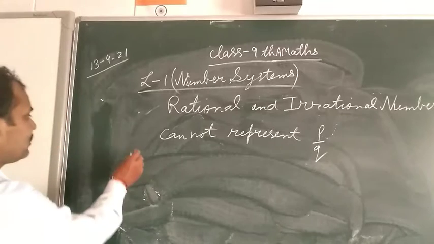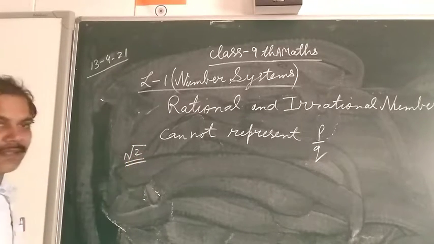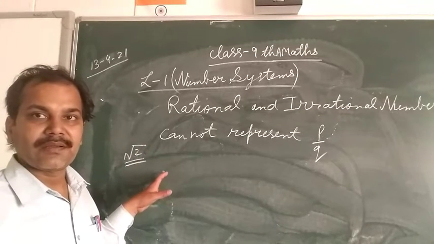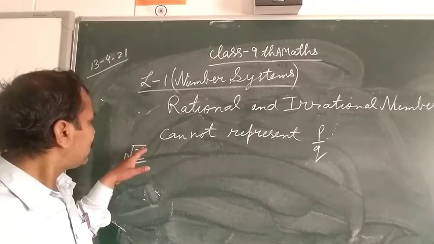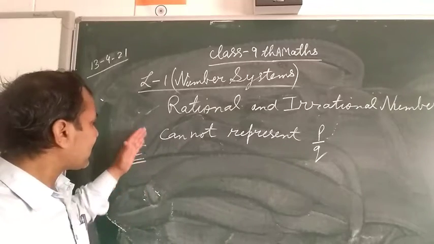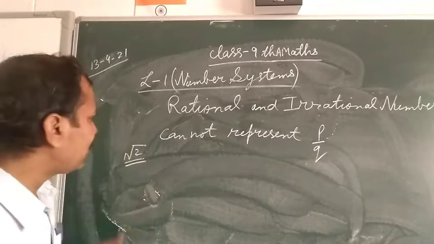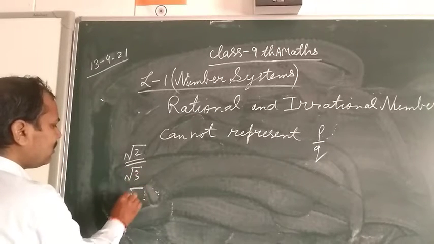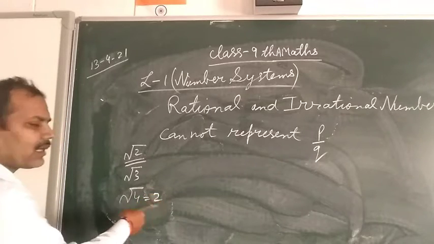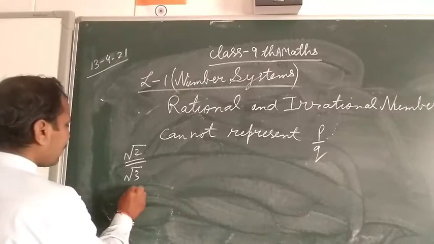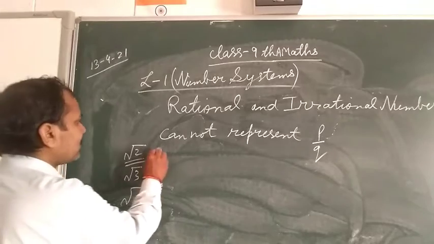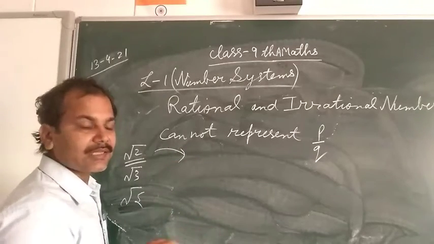This is the most important topic, so listen carefully and see what steps are followed for constructing these irrational numbers. The same process applies for root 3 and root 5. Root 4 is rational, an integer, so you can directly replace it. I am telling you one example: under root 2. How to represent it on the number line?